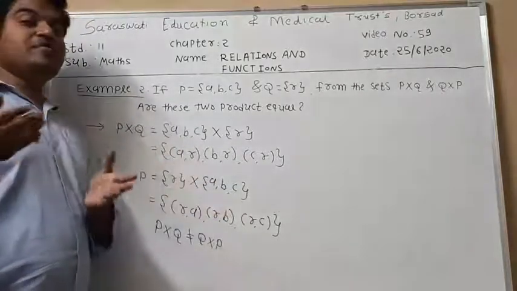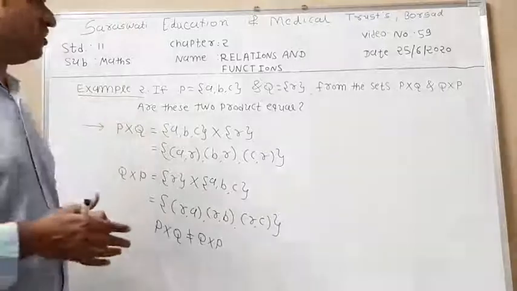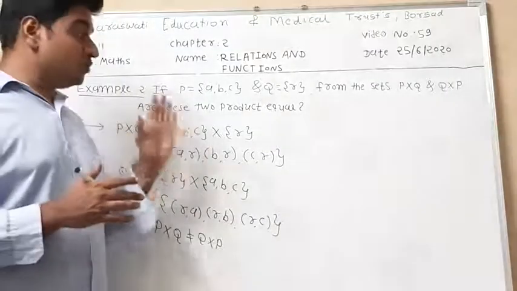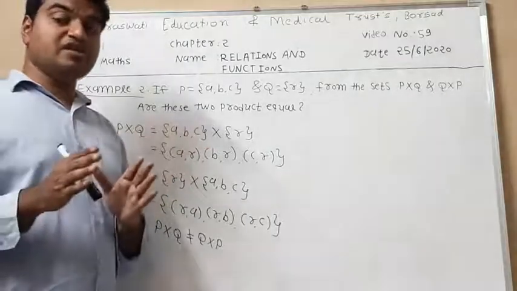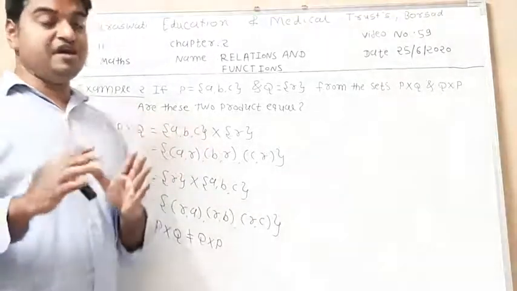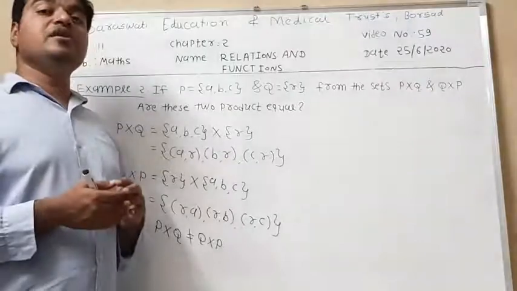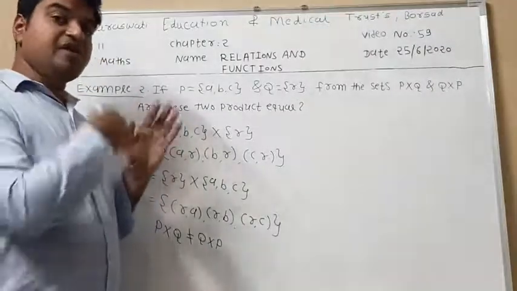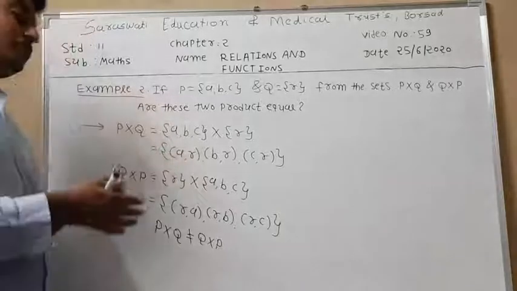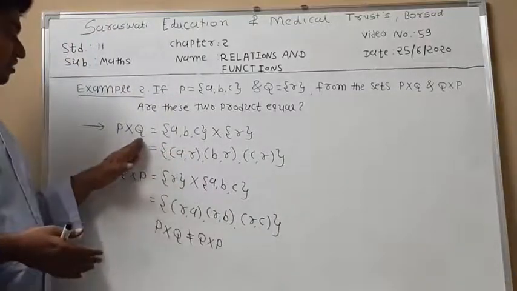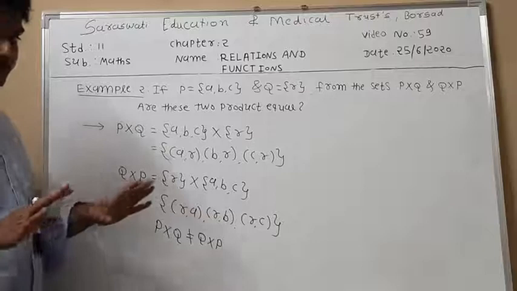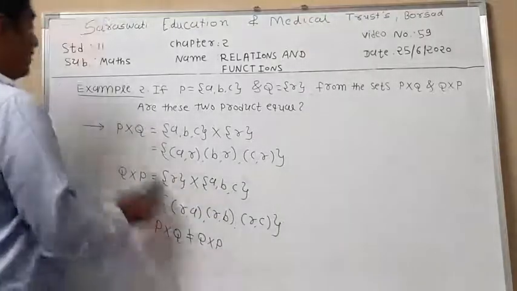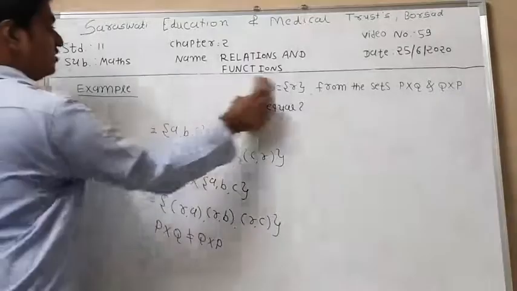Suppose A and B are two sets, and find out A Cartesian product B. So in the first position we compulsorily write the elements of set A, and after that write the elements of set B. We cannot write the first element of B and then the elements of A. So here P Cartesian Q and Q Cartesian P are both different things, so they are not equal to each other. Now let us discuss example number 3.